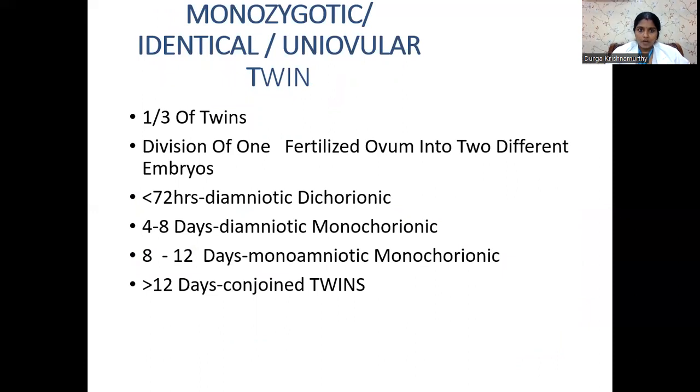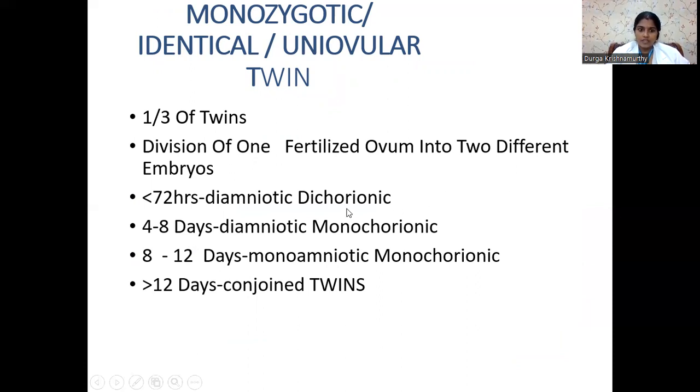Coming to the monozygotic twins, otherwise called the identical twins or uniovular twins. This constitutes one-third of the twin pregnancies. What happens here? Division of one fertilized ovum into two different embryos. Here only the division, depending upon the stage of division, if it takes place less than 3 days